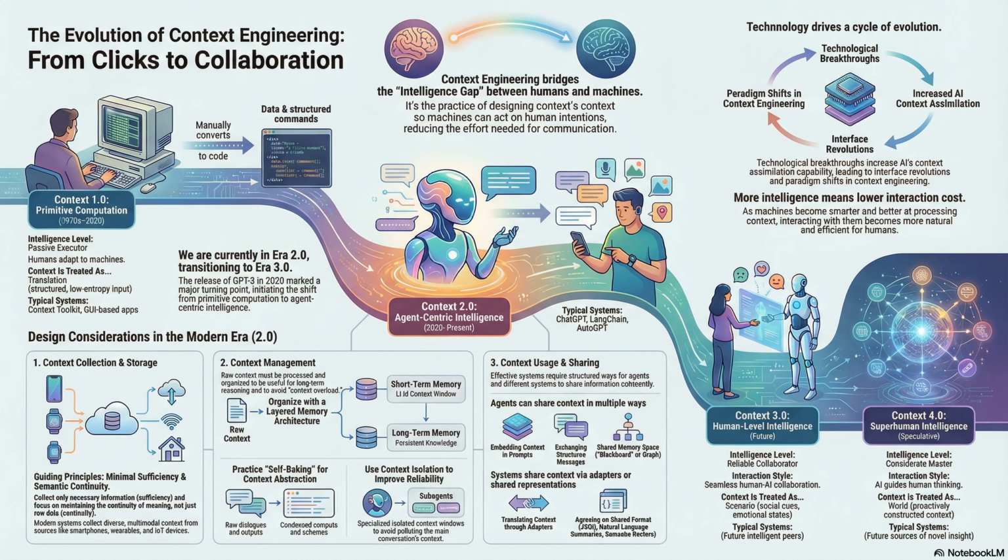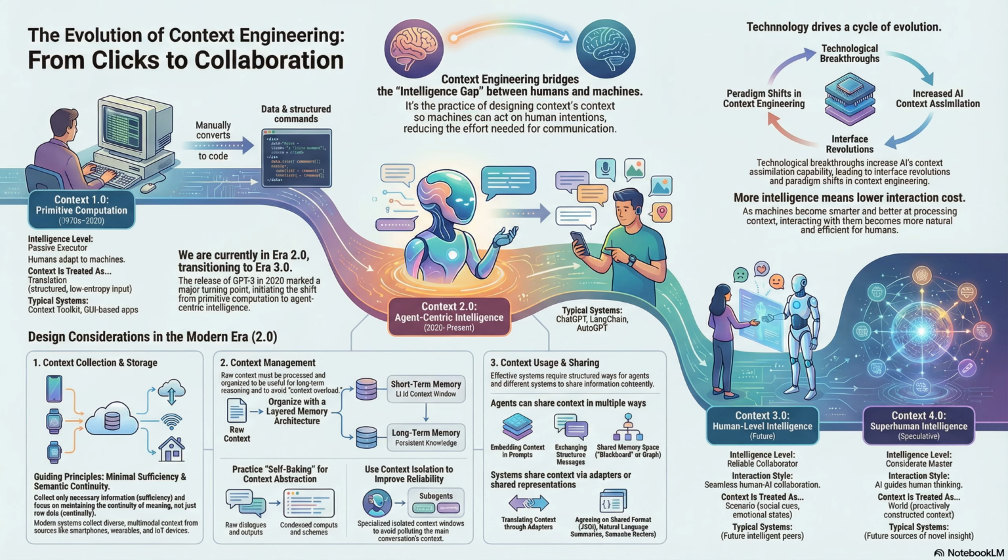But the researchers point out a critical limitation in Era 1.0 logic. These systems were context-aware, but only in a really triggered, rigid way. The phone knew where you were. But not what I was doing. Exactly. It didn't know what you were doing. I could be in the office, but maybe it's lunch and a ring is fine. Or I could be in a huge meeting where a ring is a disaster. The machine had the data, the location, but it completely missed the intent. It missed the why. It just couldn't read the room. Yeah. It was aware, but it wasn't smart.